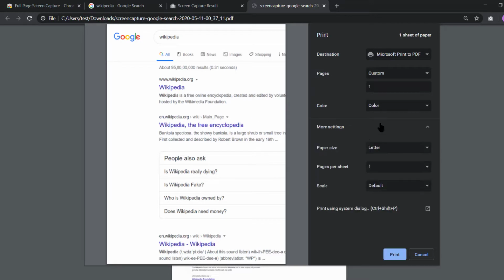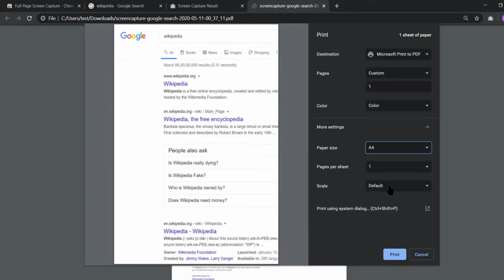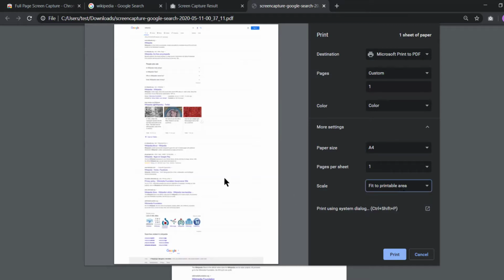it comes this way. Click on more settings and make it A4, and bang on, it's done. So this page entirely is going to get printed to the A4 sheet. And if you convert this to, let's say, A3, this will be a better format. I'd suggest if the screenshot that you have taken is really long, in A4 it's going to get a little cumbersome, just a little cumbersome, okay? But in case of A3, it will come out in a really good way. So you have to make a choice there.